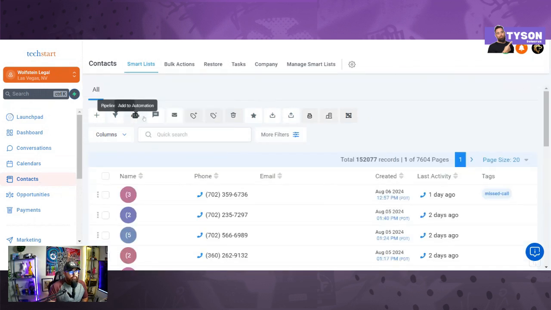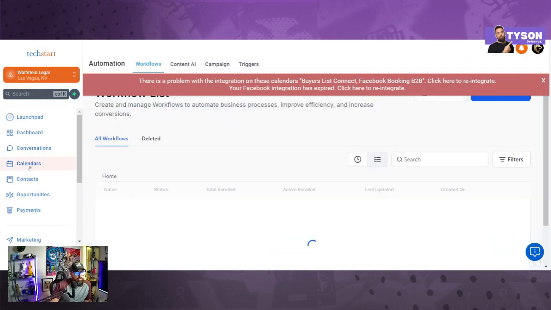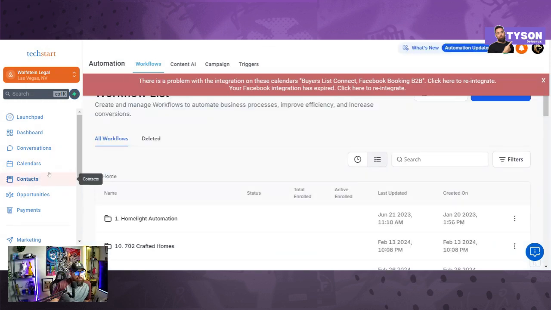All right. And the way that you set up Power Dialer, you want to make sure that you label this Power Dialer real estate leads or whatever the situation is. All right. Now, when you import the leads into Go High Level,